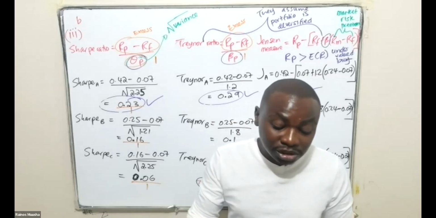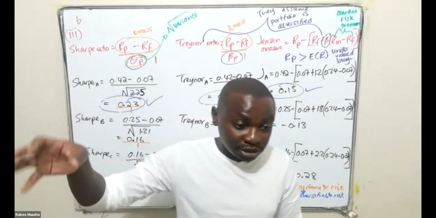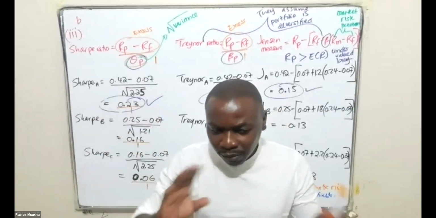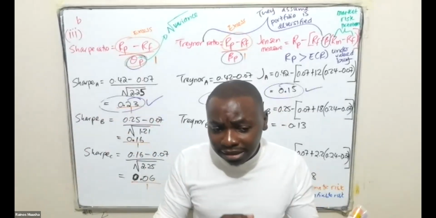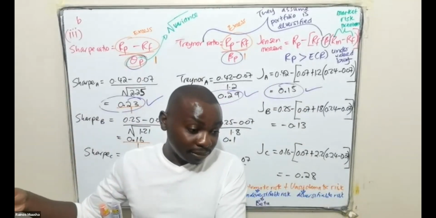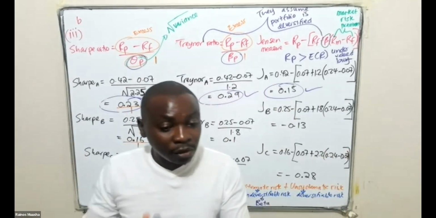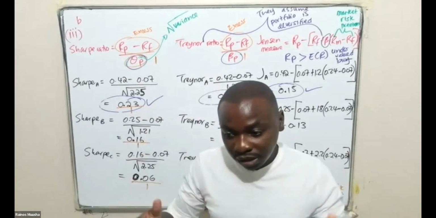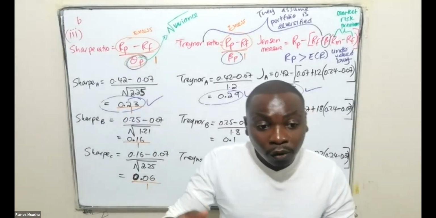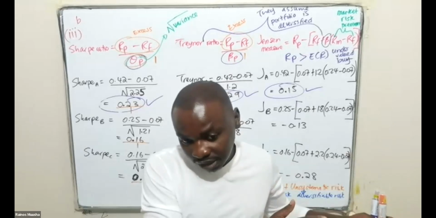The other thing that you need to take note of is that in the new textbook, the practice questions they're giving out are mostly case study type questions. So I'm not sure exactly how the lecturer is going to balance it out. Is he going to bring a lot more case studies in the exam, or is it just going to be short questions like what we've been seeing previously, where you just do a calculation and a small analysis? Because remember, the moment it becomes a case study, it's more about analysis and recommendation than the calculation part.